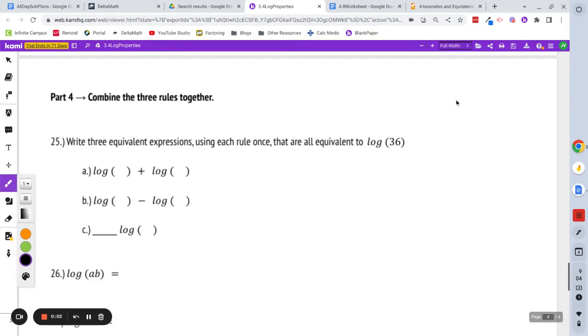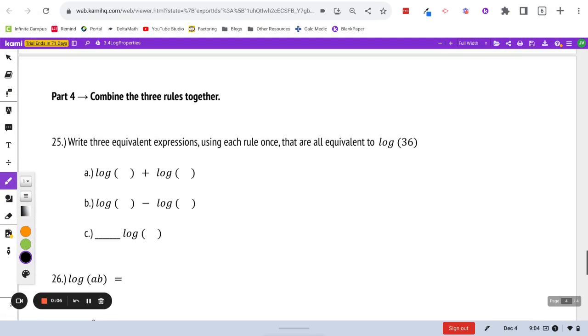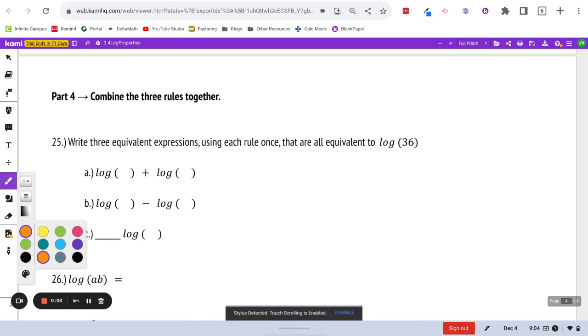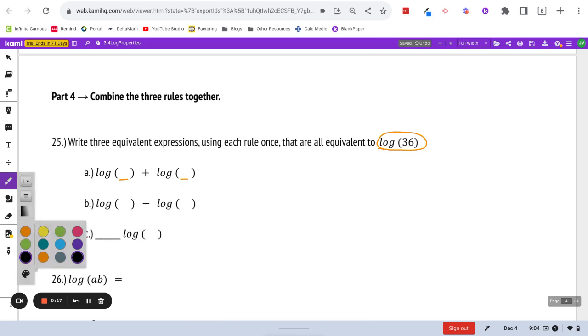Okay, folks, I'm just going to run through a quick explanation of these in case you're really stuck, because I know that happens from time to time. So as we're looking at these, the first round here is all about log 36. Okay, and so we need to think about what numbers could we put here so that